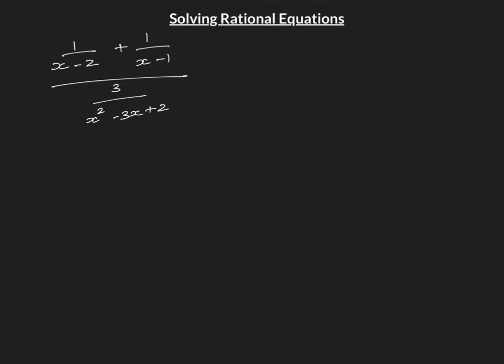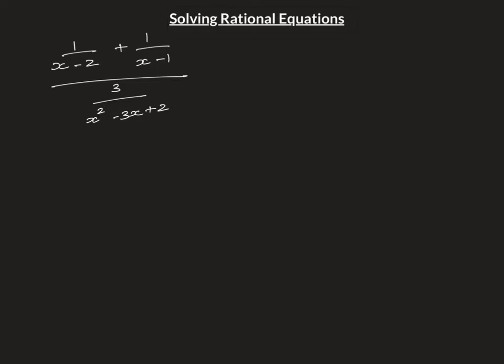Now, at first this problem may be intimidating, but let's go ahead and just break it down a little. So first, our first step should be to factor everything that you can. In this case, x minus 2 can't be factored, x minus 1 can't be factored, 3 cannot be factored, same with the 1's, but x squared minus 3x plus 2 can be factored,